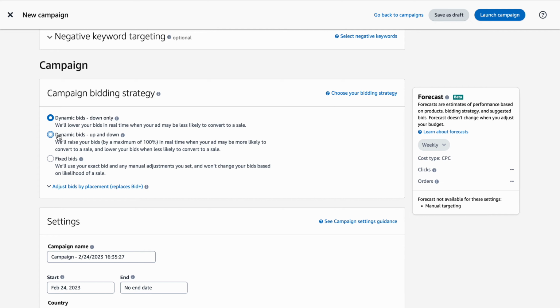Dynamic bids up and down. This means that Amazon will actually have the ability to raise your bids by a maximum of 100%. Now, this is quite dangerous. It can work, obviously, in certain strategies, some more advanced stuff. I just wouldn't recommend leaving Amazon to decide if it should be a maximum of 100% increased budget